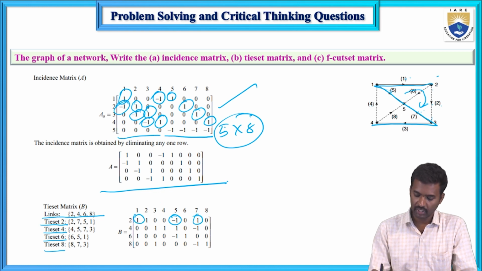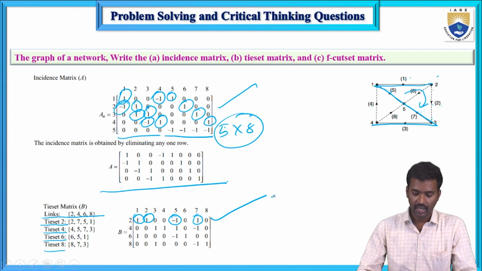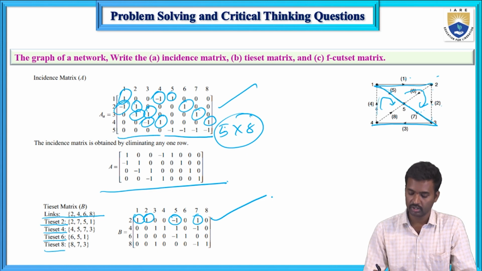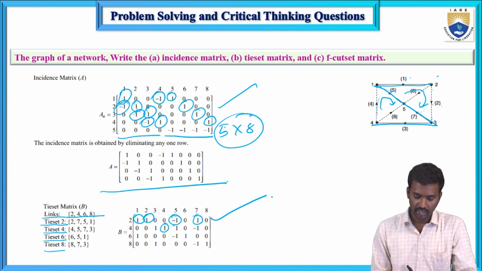And 2 is same direction, 1 is same direction. So this row is okay. And next tie set 4 is here, this direction should be in the clockwise direction, the direction of the fourth. Fourth is plus 1 and fifth is plus 1, and next sixth is minus 1, opposite direction, and eighth is